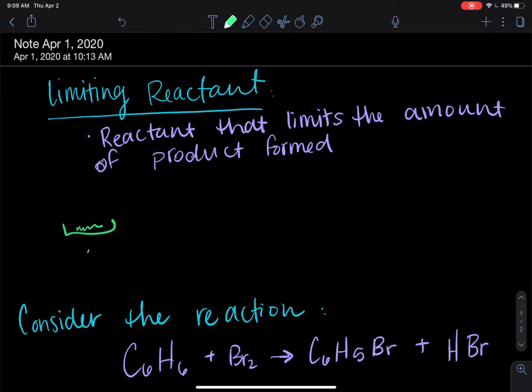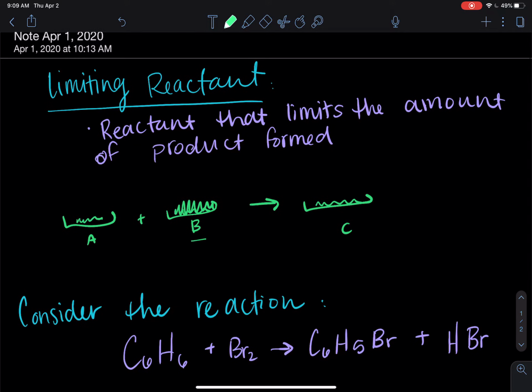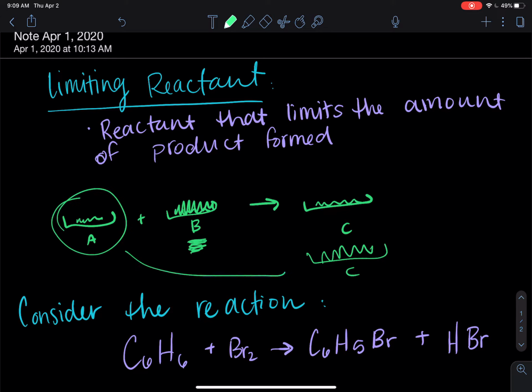So let's draw a little picture. Say you have some A, and you have some of B, you weighed some out, and you can make C, okay? Well, say I have a little bit of A and plenty of B. Even though I have enough B to make loads and loads of C, does not mean that I have enough A to make this amount, okay? So A runs out first, and I can only make this amount of C. So that means that A was my limiting